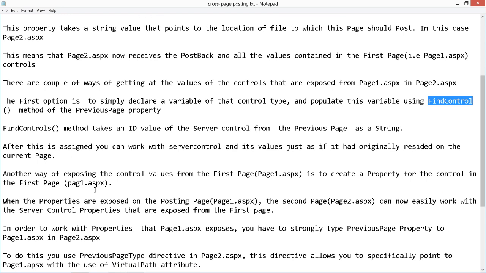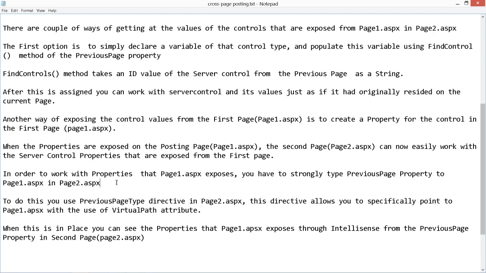Another way of exposing the control values of the first page, that is page1.aspx, in the second page, that is page2.aspx, is to create a property for the control in the first page. When the properties are exposed on the posting page, that is page1.aspx, the second page, page2.aspx, can easily work with the server control properties that are exported from the first page. In order to work with properties that page1.aspx exposes, you have to strongly type the PreviousPage property to page1.aspx in